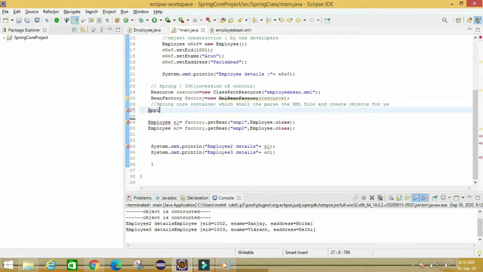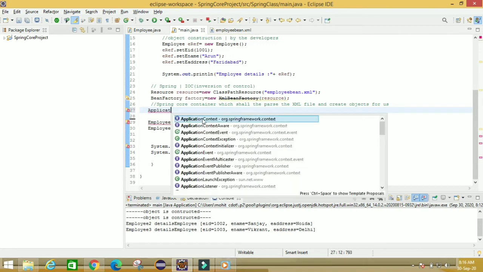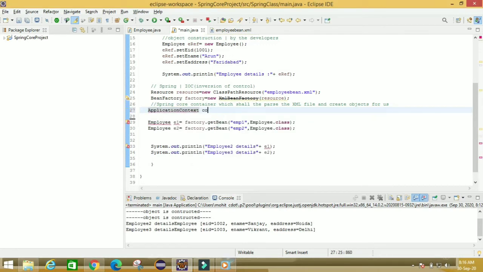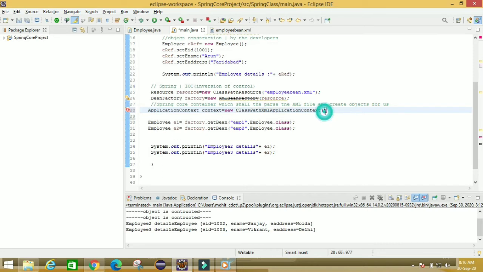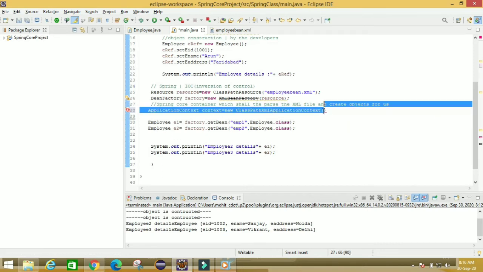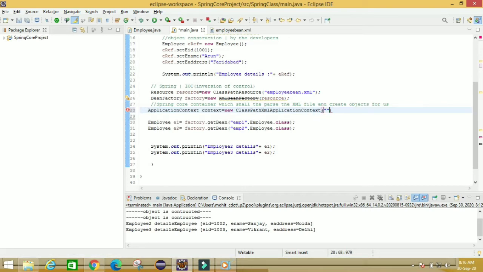We will write ApplicationContext context equal to new ClassPathXmlApplicationContext, and write here bean.xml.